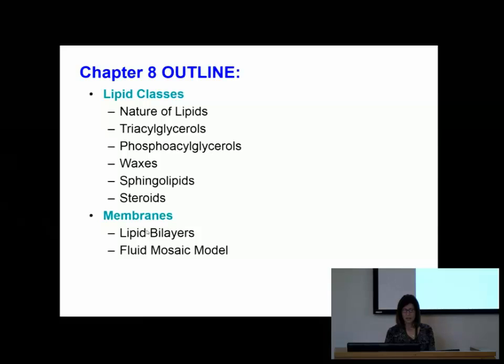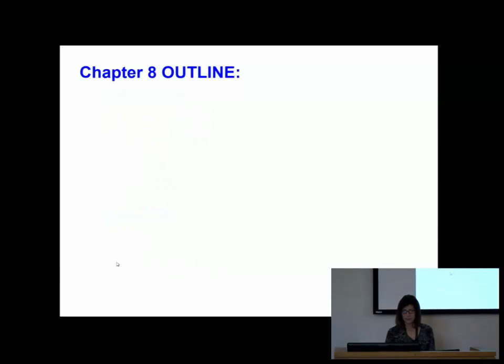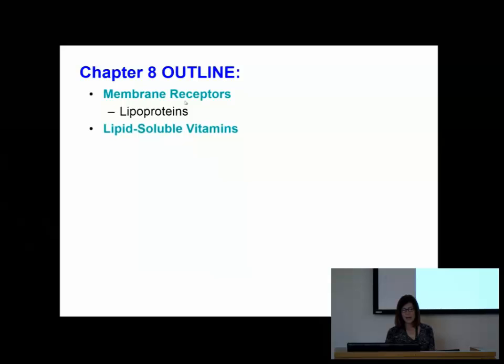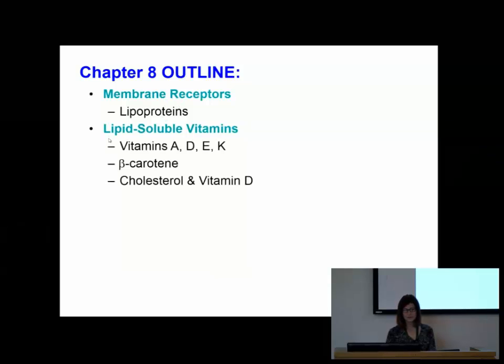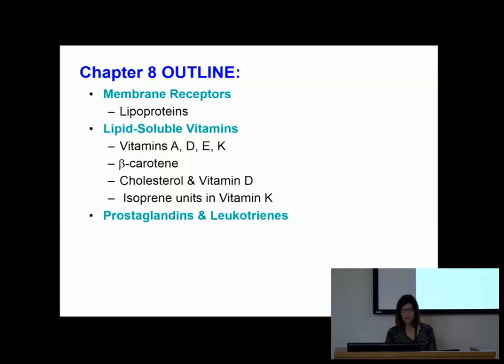We're going to talk about lipoproteins and how we can look at the environment. And then we're going to talk about vitamins. So cool. Talk about a little bit of nutrition and what they're used for. And then another class of molecules. I'm not sure if your textbook talks about this too much, but prostaglandins and leukotrienes. I like to cover them briefly because they're a hot area of research.